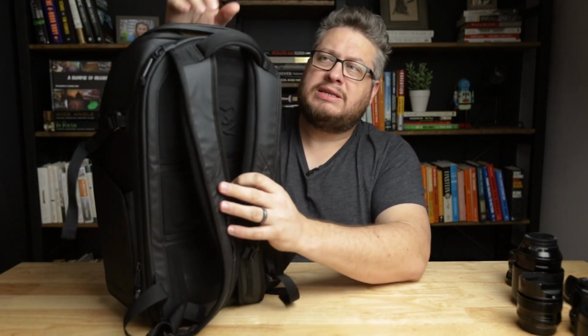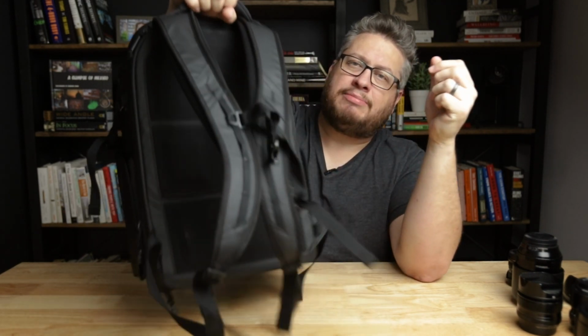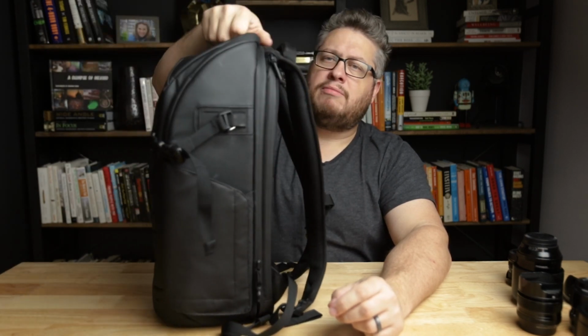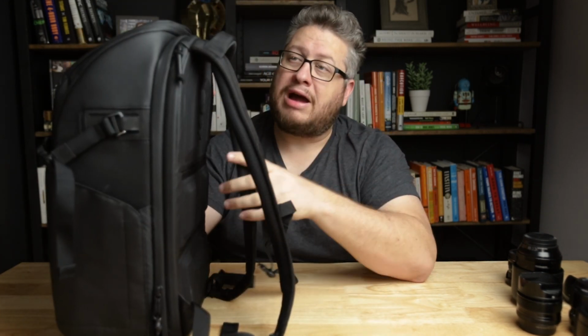Another thing I didn't quite like about this bag is the handle here is attached to the straps. And what that means is when you lift the bag, the straps come with it. Instead of the handle being here, it's on the straps. And it's not that big of a real world problem. I'm being